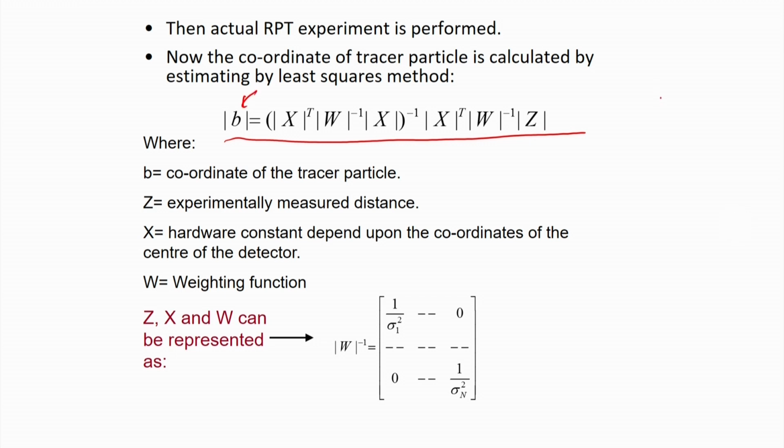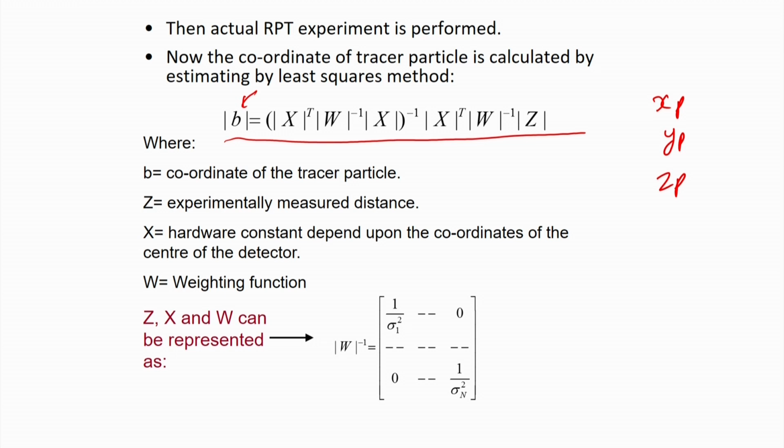Let me say that xp, yp and zp is the tracer particle coordinate. We need to find that. If you can find it in the real experiment, where the particle is moving with time, my job is done. To do that, we use the weighted least square method,